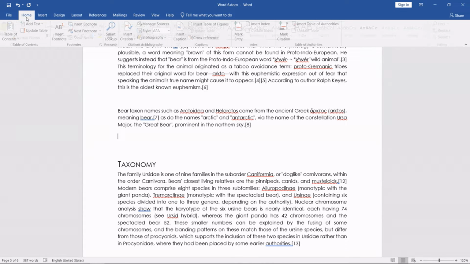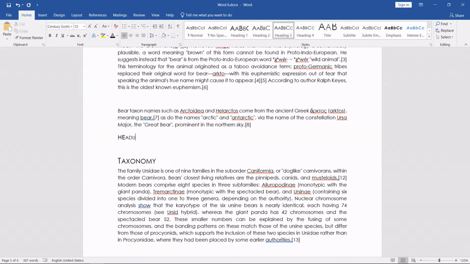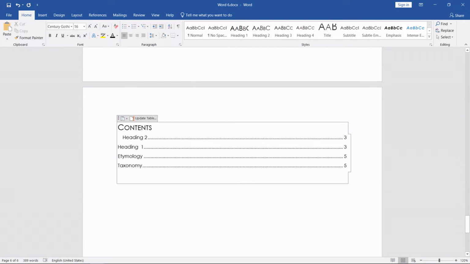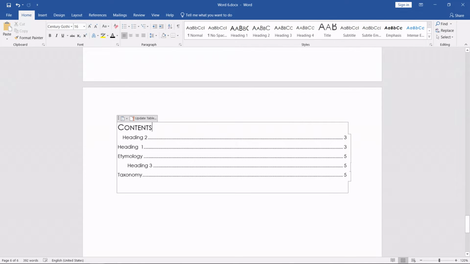So we go to home, or let's say heading 3, like this. We will now see how that changes the table of contents. So go here and you can press update table and update the entire table. And now you see that heading 3 is added to the table